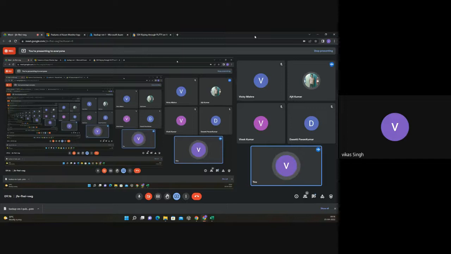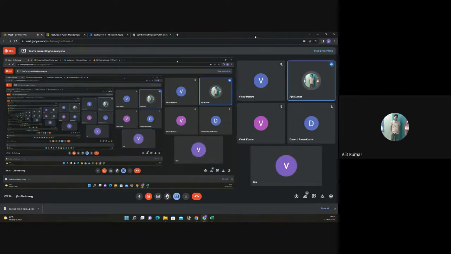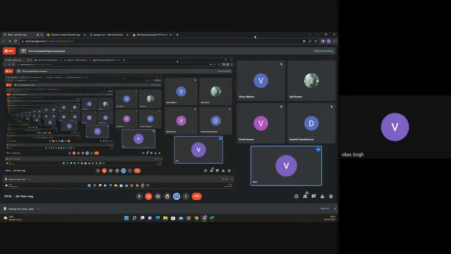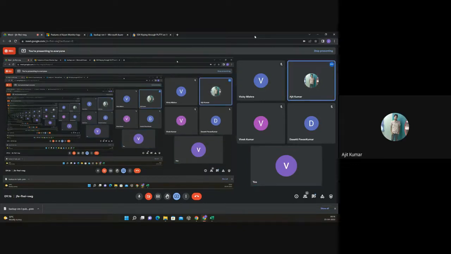Yes, I have a question, but it is related to Terraform. I am not able to perform the lab. Every time I try to perform the Terraform lab, I get stuck at the point where we configure the